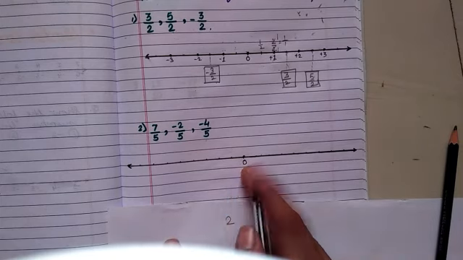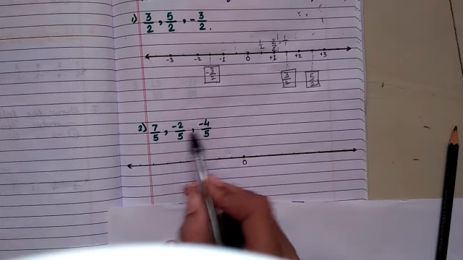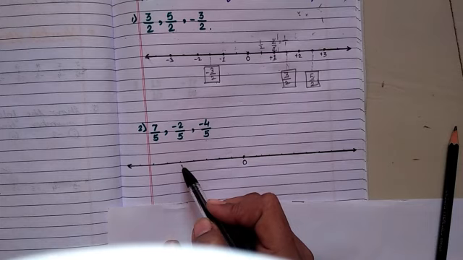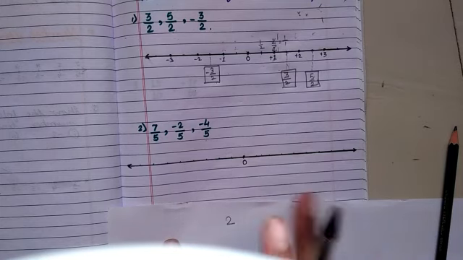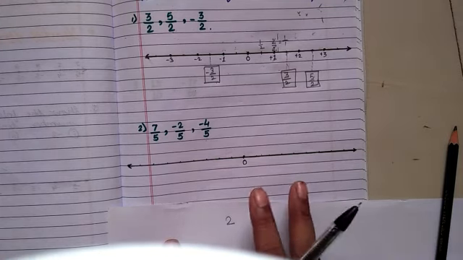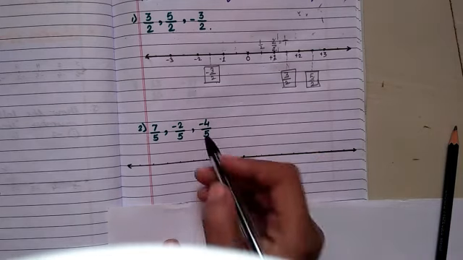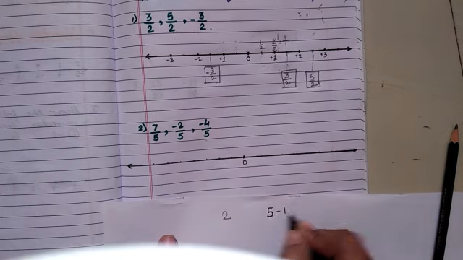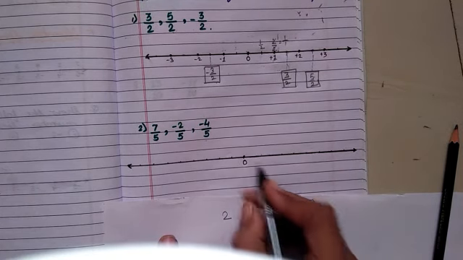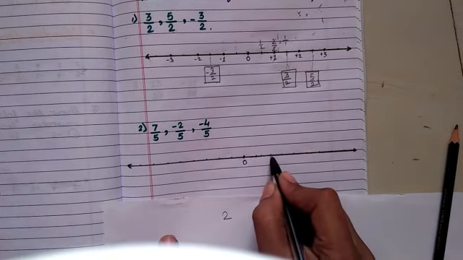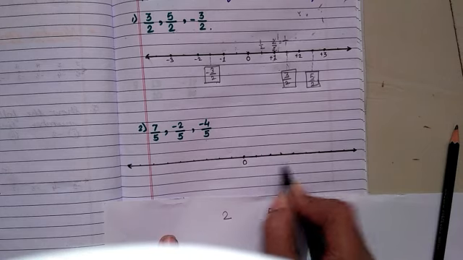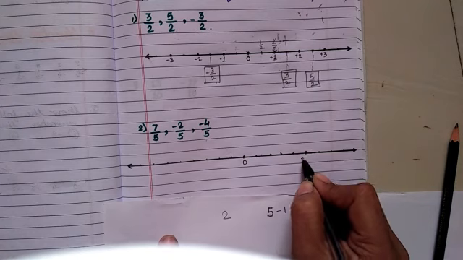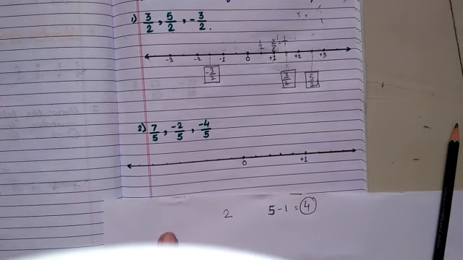Now students, we have to see here that all these numbers have 5 at the denominator place. It means that between two units we have to make 4 points. The denominator is 5, so from 5 we have to subtract 1, which gives 4. It means between the two units we require 4 points, and then the fifth point will be considered as the positive one.